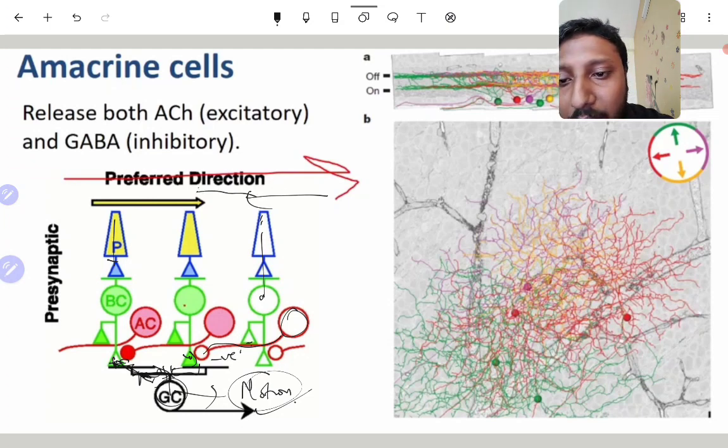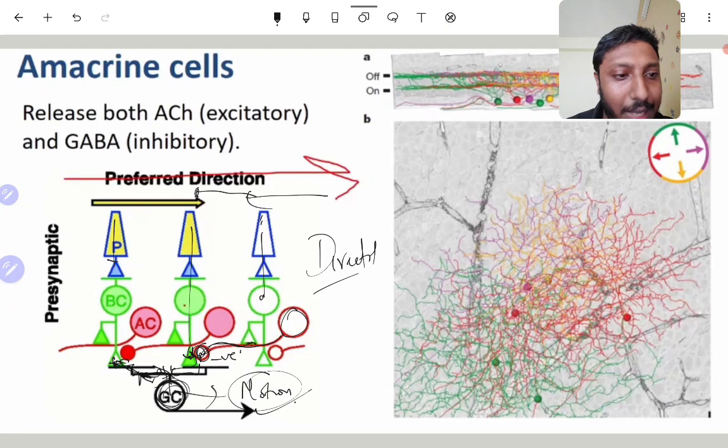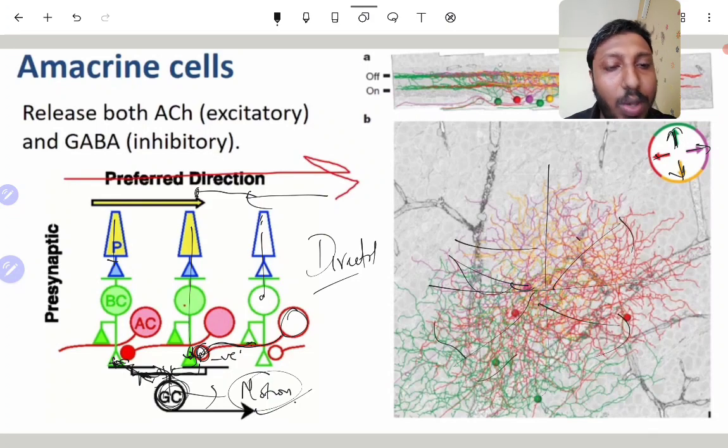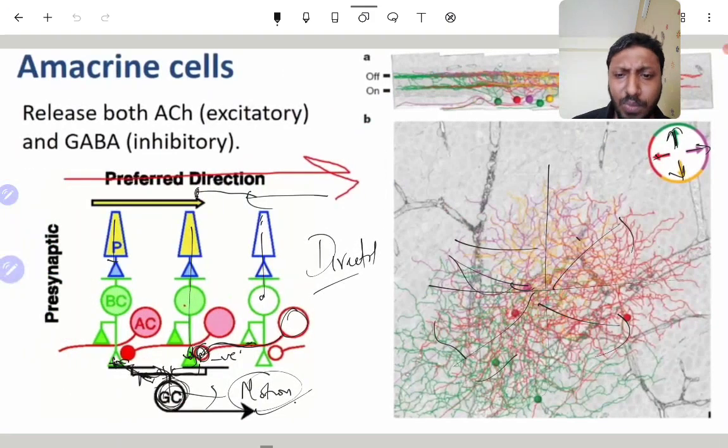So when it goes to the next area, it won't produce a firing in this ganglion cell because this is already inhibited. So like that we can understand direction, and you can see that it is arranged beautifully in an XY plane. See, the green is detecting up, yellow is detecting down, like this. So it's kept in such a way that it can actually understand where anything is moving. Now why would you want that to happen is my question.